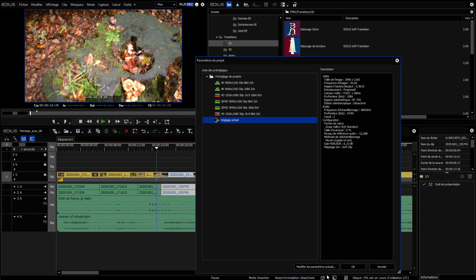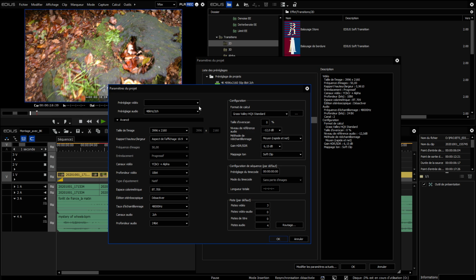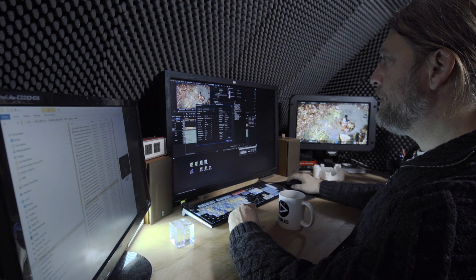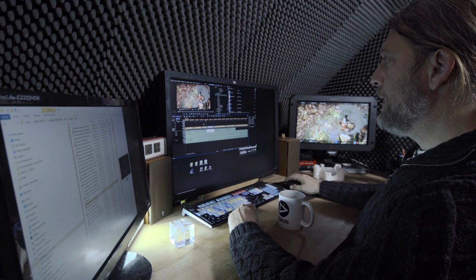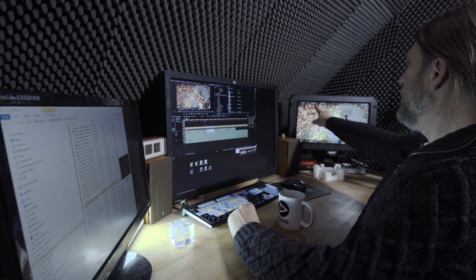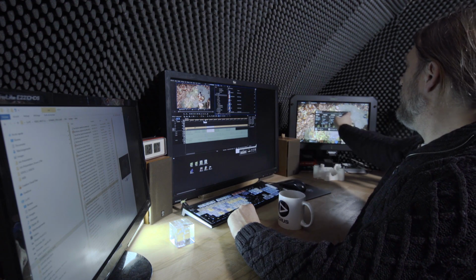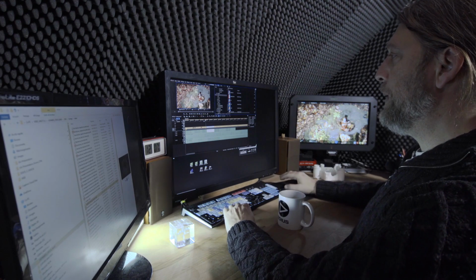I can also choose an 8K 50p project. An 8K UHD 50p format, since the source was in 50p. The footage is in 50p. And the project is in 50p, but the preview is still in 4K 25p.